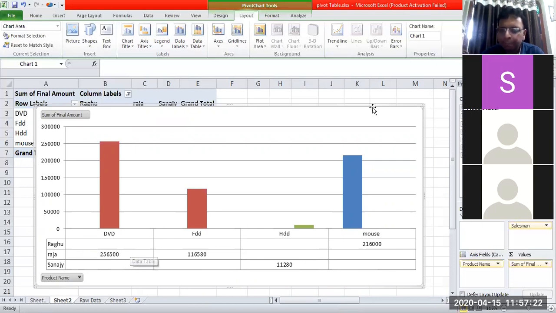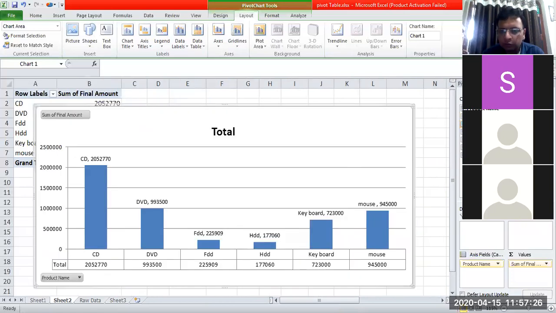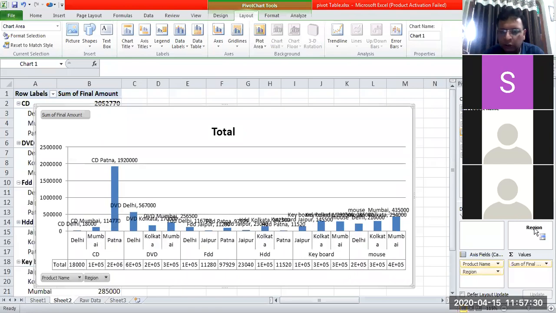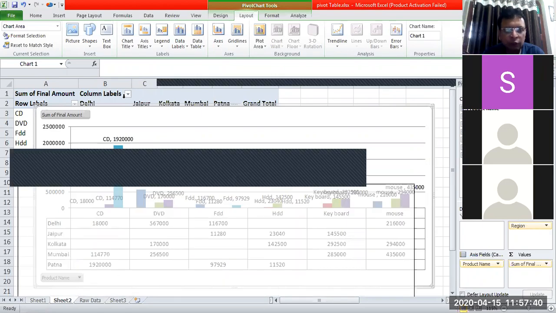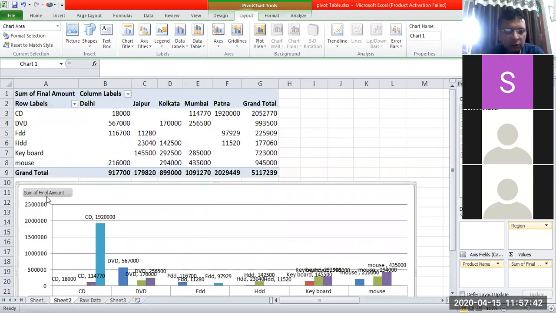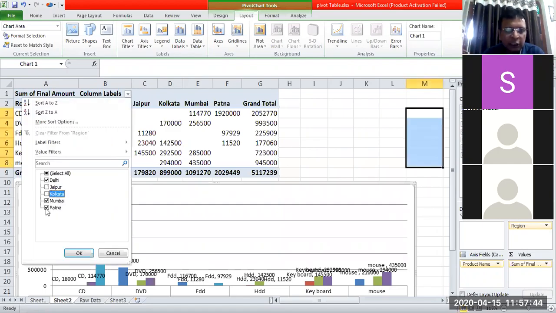ठीक है? You can change your variables also. मैंने कहा मुझे region चाहिए, तो region को उठा के हमने रख दिया यहाँ पे. So now region specific product wise data is being shown. यहाँ पे भी बहुत ज्यादा डेटा है, क्लटर हो गया, तो we can actually reduce some of the data. मैंने कहा केवल दिल्ली मुंबई 2 ही सिटीज का मुझे डेटा दिखाइए.